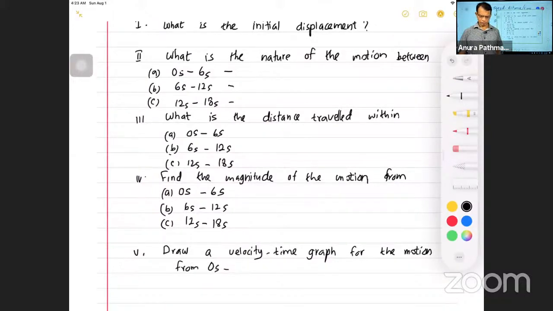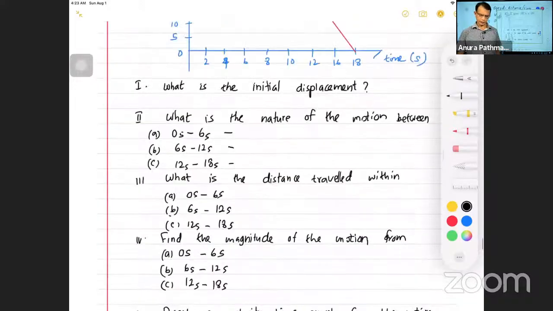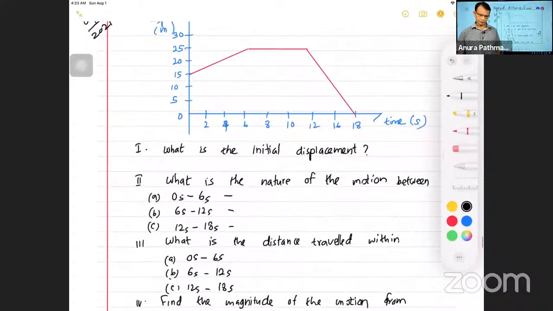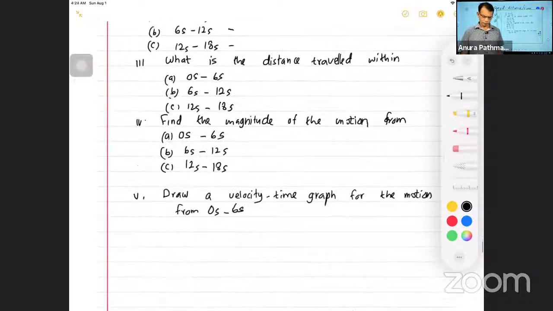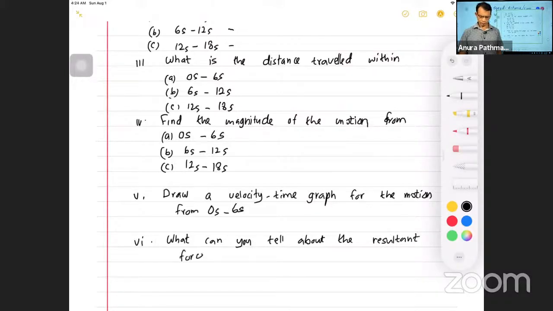From 0 second to 6 second. And 5, 6. What can you tell about the resultant force acting on the object,